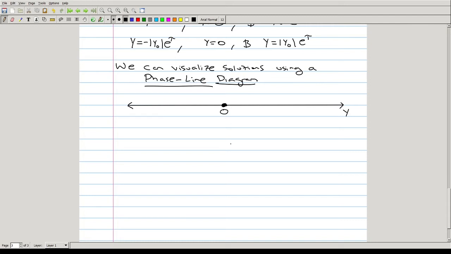And thus the orbit sets, or the orbits, are split into the 3 main parts for this solution. The first orbit set is from negative infinity to this first critical point, or this first equilibrium point. The second orbit set is 0. And the third orbit set is the interval from 0 to positive infinity,